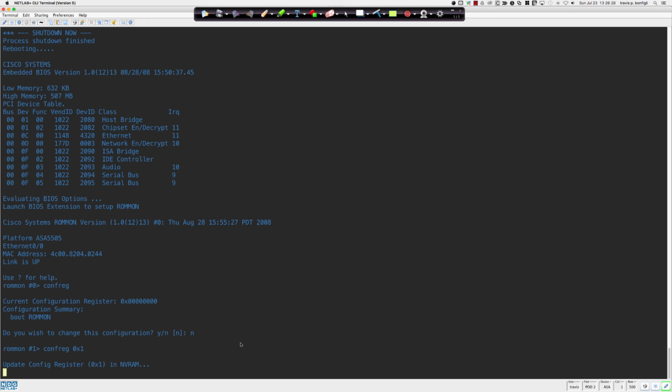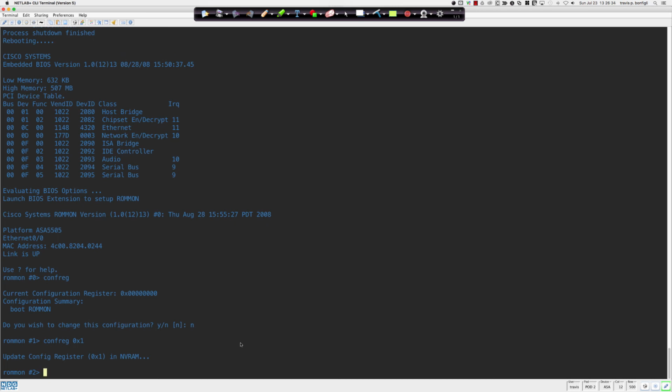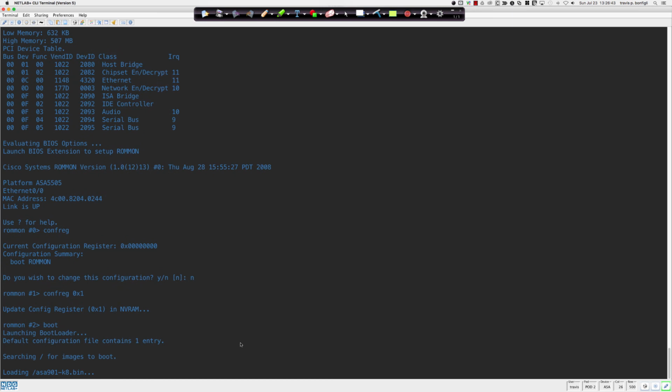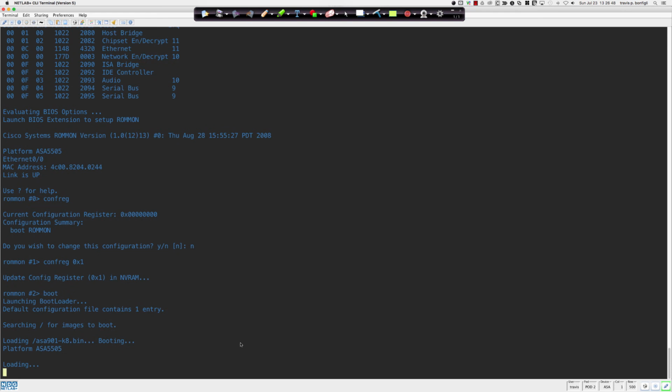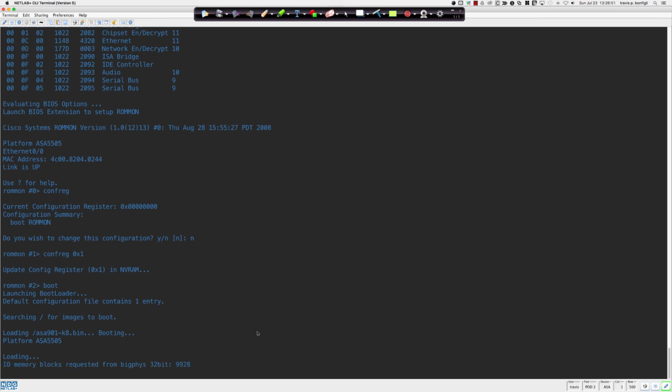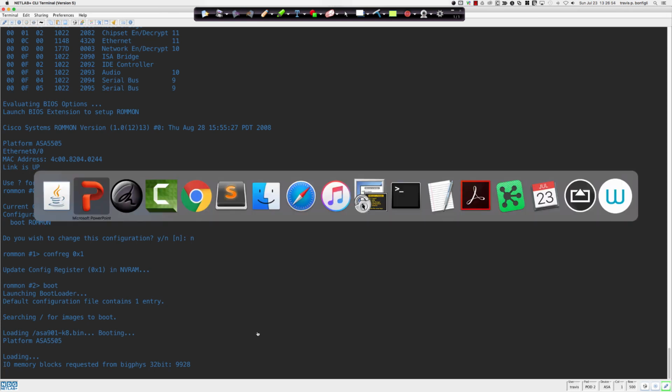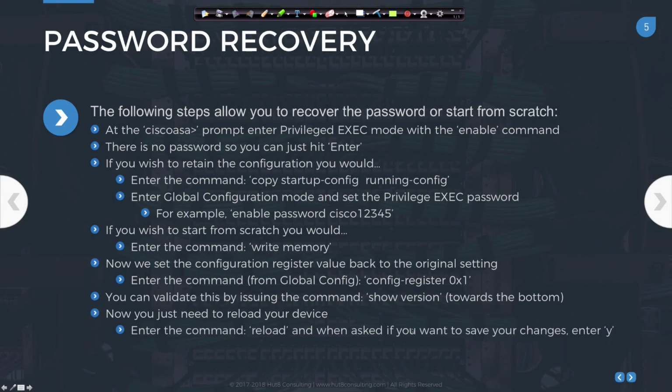Because again, when the ASA boots, it's going to take that startup config from non-volatile memory and pull it into memory as the running config. And so here we are at this prompt again. I'll say boot. And now the ASA is going to go ahead and finish its boot sequence. And to prove that what we just did there didn't change anything, I'm going to wait for it to come back up here. And again, this is going to be the end of the module. We're just going to wait for it to come up to prove that we still have that privilege exec password, that enable password, set to